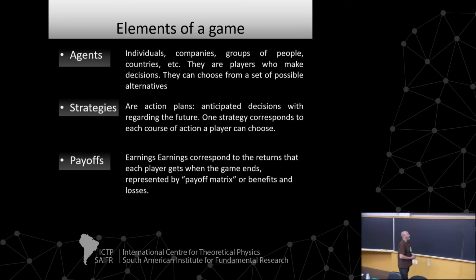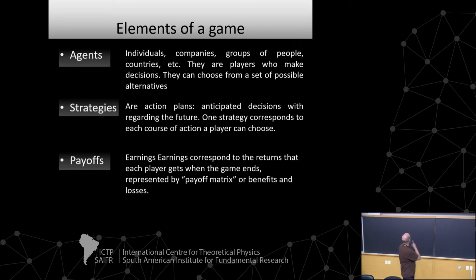And which are the elements of a game? This is something important because we will be referring to agents or players, strategies, and payoff throughout all the classes. So agents or players are individuals, companies, groups, people, countries that are the players who make decisions. The agents are those who are playing and make the decisions and can choose from a set of possible alternatives. What are these alternatives? These alternatives are the